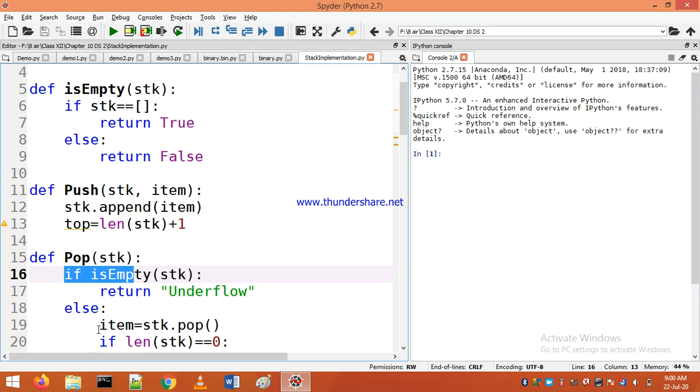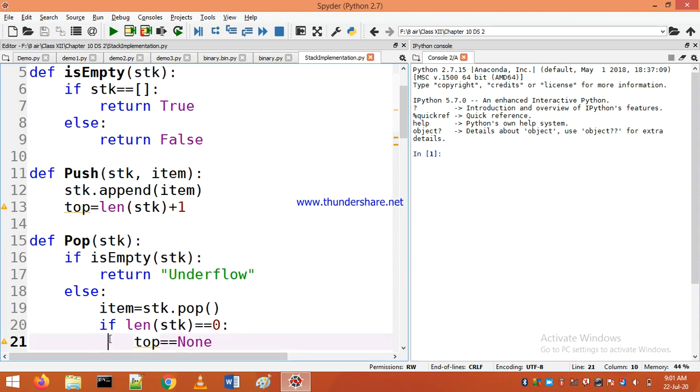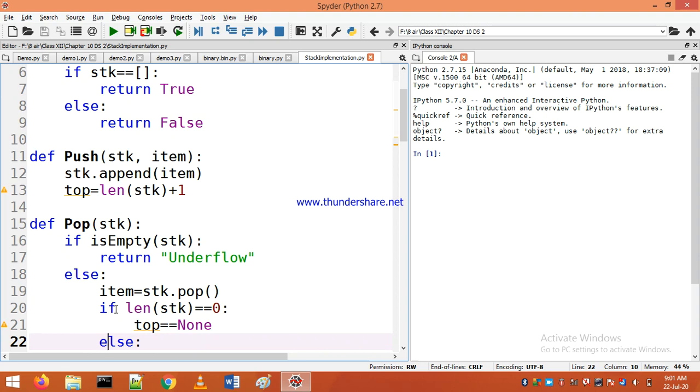Then if we have some items in the stack, then we will delete the item. So item equal to stack dot pop. So pop function will take the topmost item and delete it. If length of stack is double equal to 0 means we have only one item in the stack, then pop will delete it and the position of the top is none.